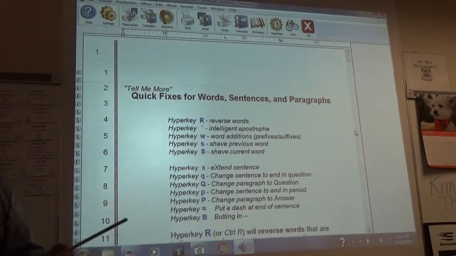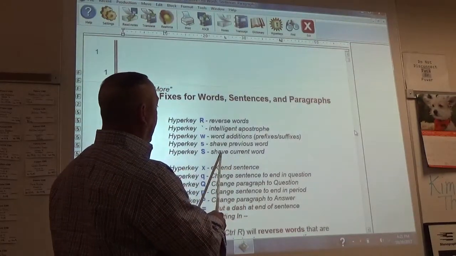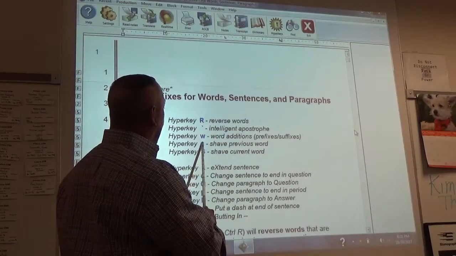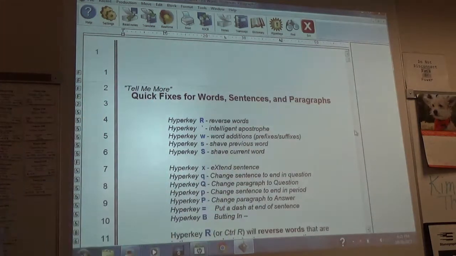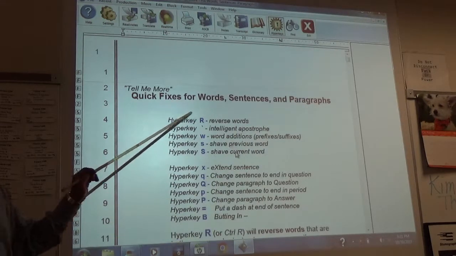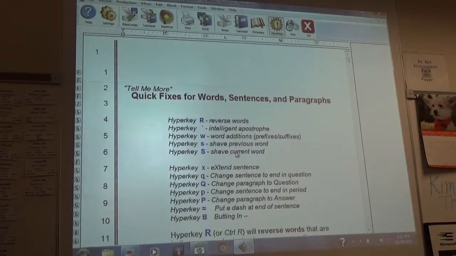S is shave the previous word. So say you have shaved, and you're here on current, and it just needs to be shave. You put the small s, and it's going to start shaving it. So I'm going to show you. Say it's shaved, and you're right here, you push S, see what it did? It just shaved the D off of shaved. Which is different from